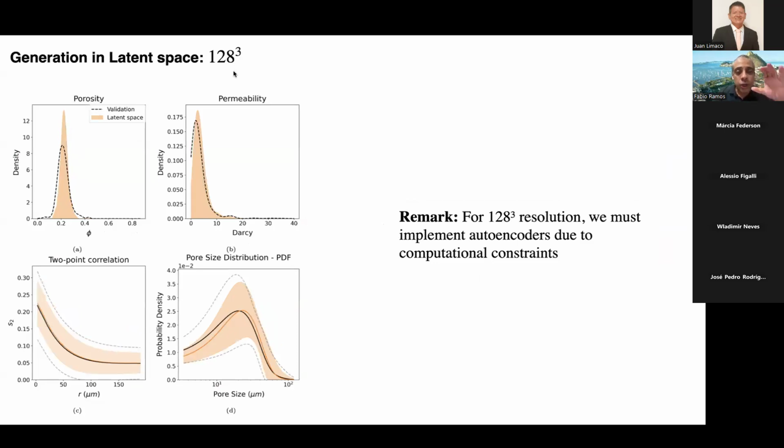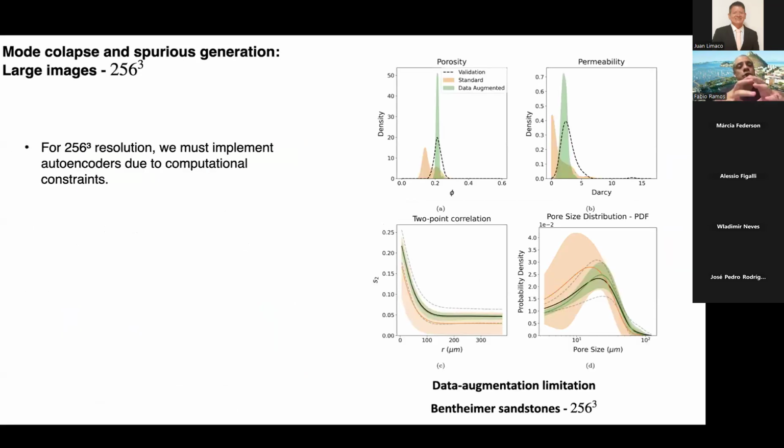For 128 cube, these images are so large that we cannot do a diffusion model in the pixel space. We have to do it in the latent space because of memory and computational struggle, right? So here is the porosity, the permeability. This is the main statistic we want to recover. So we recover very well in 128. And for 256 cube,